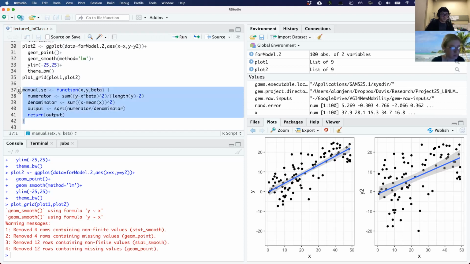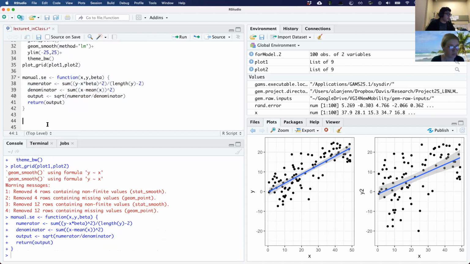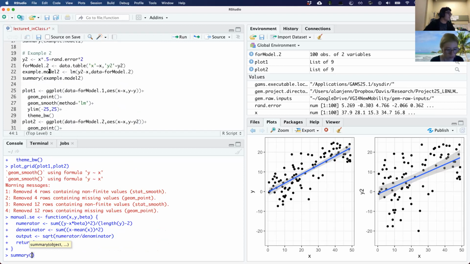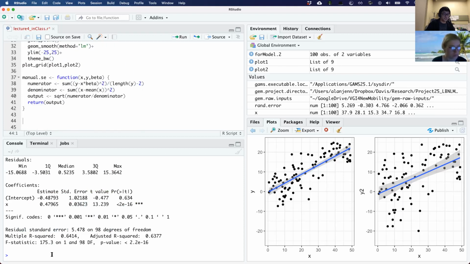Okay, so I can run that. And actually, we can check this. This should work. Let's see. So if I do summary of, what was it called? Example model 1. The standard error is 0.036. And if I use our manual function,